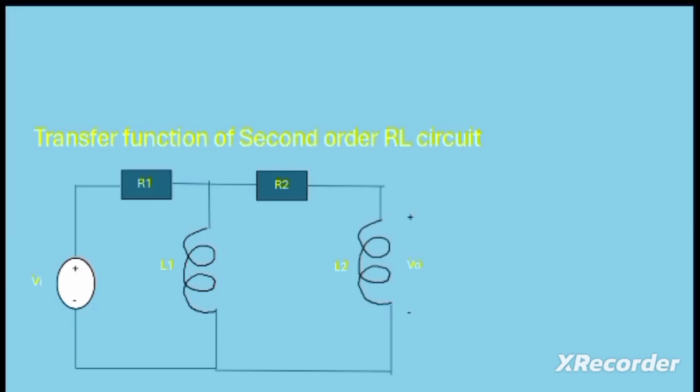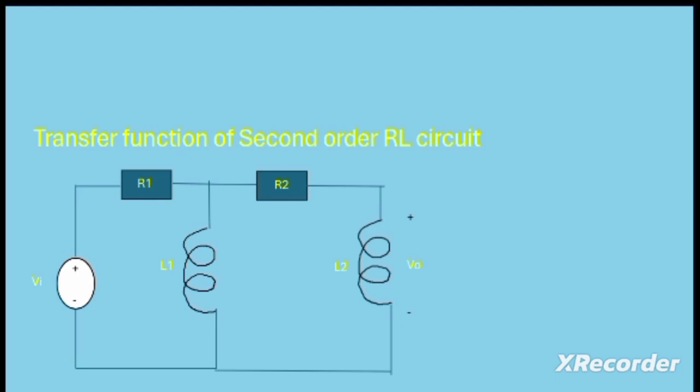Very warm welcome. In today's video we will be learning how to find the transfer function of a second order RL circuit. In the given circuit, Vi is our input voltage source, R1 is resistor 1, L1 is inductor 1, R2 is resistor 2, and L2 is our second inductor, whereas Vo